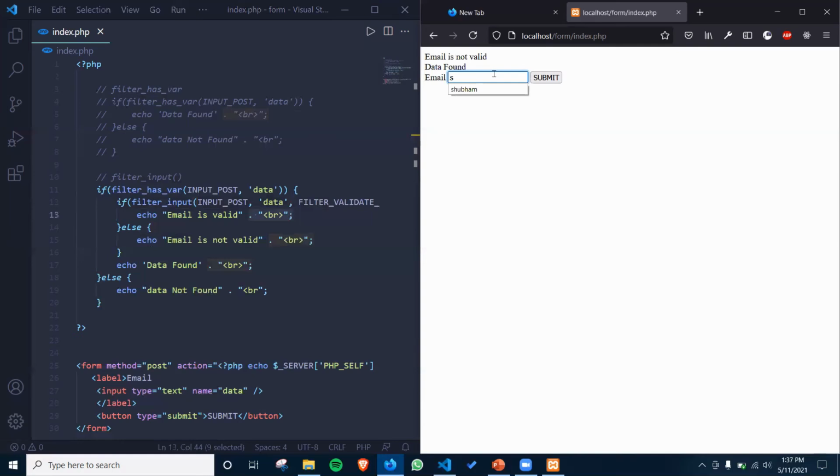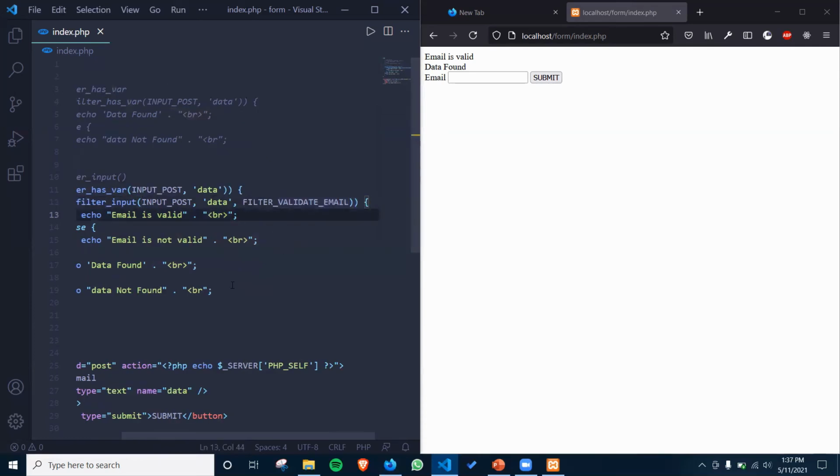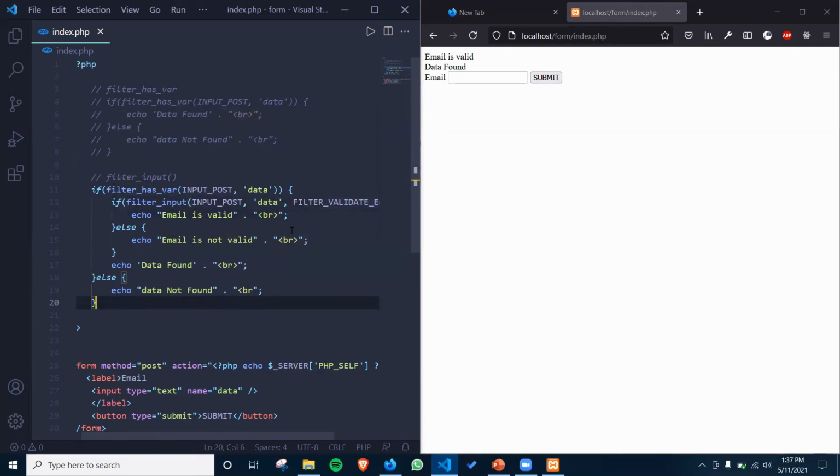And if I write here subham@gmail.com, then if I submit this, you can see that the email is valid and data is also found. Okay, clear? So it will validate in terms of the email. So this is basically the filter_input.